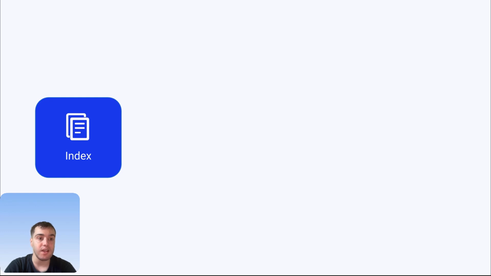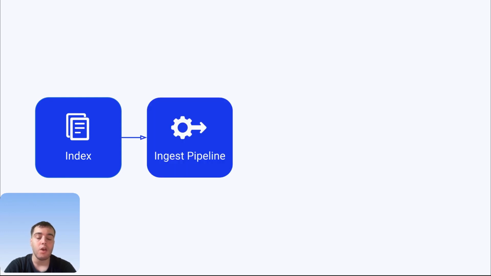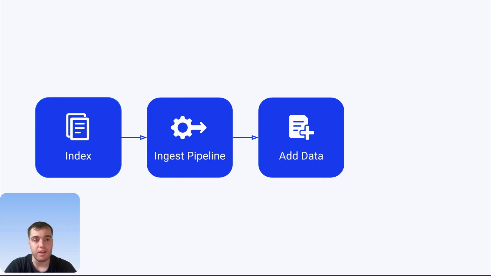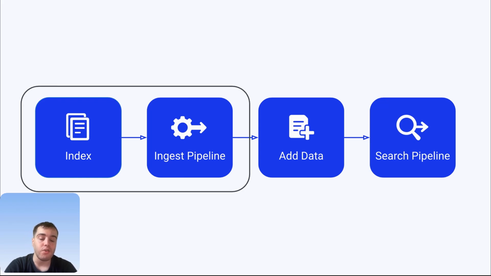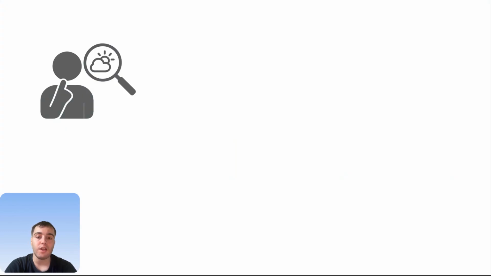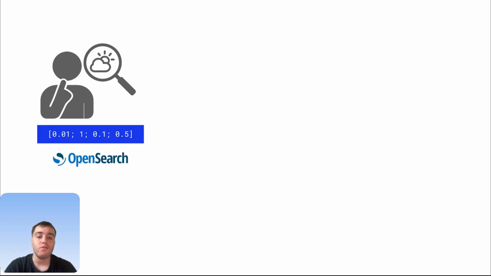After that, we will create an index in order to store our documents, and an ingest pipeline in order to generate the embeddings. We will add some data about Scalingo, and we will create a search pipeline in order to search into our index. Also, with OpenSearch, the first two steps, the index and the ingest pipeline, can be easily automated. Now you will tell me, but how can I find the vector which is closest to my user query? Imagine you have a user who wants to know what the weather is today. You convert it to a vector thanks to an embedding.